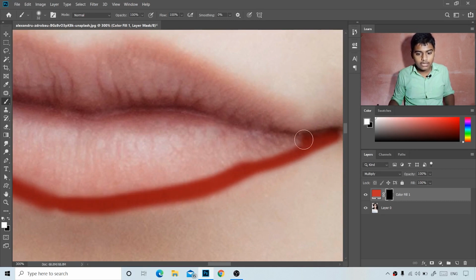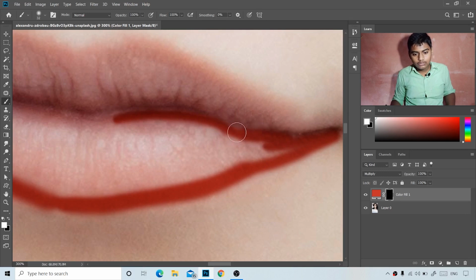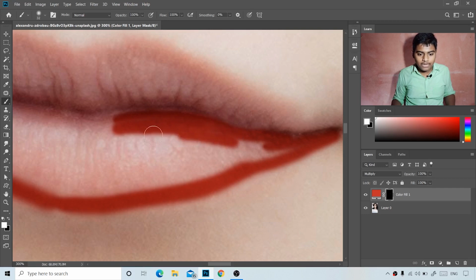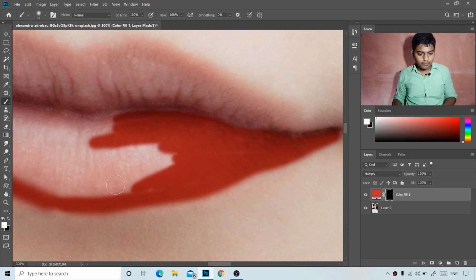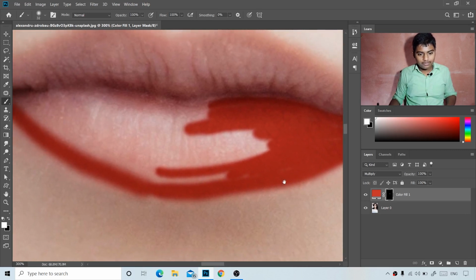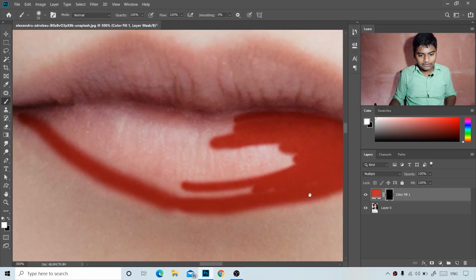First cover the outlines. Firstly we will cover the lower lip and then the upper lip. We will handle one at a time, so that will be easier for us. I am fast forwarding this process, so let's see how I do it.